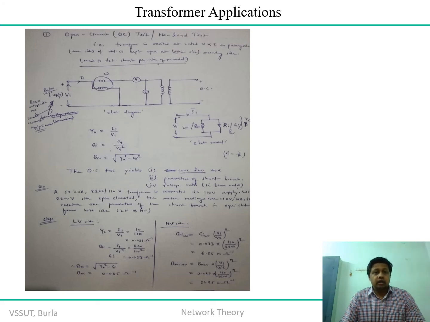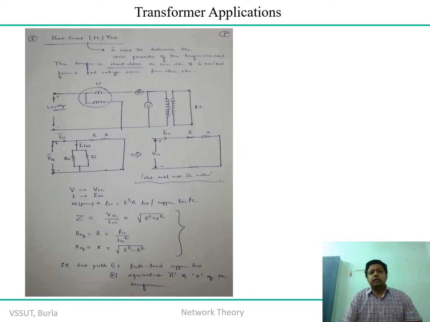So now whatever loss is calculated occurs because of the core of the transformer only, which is in the primary side. Therefore this test, the open circuit test or no load test, is used to calculate the amount of core loss in the transformer. And if you see the parallel equivalent circuit of the network, this test is used to find the shunt parameters of the network, typically the voltage ratios, or in other words the turns ratios. One example is demonstrated, so you can take your time and solve it at a later stage.